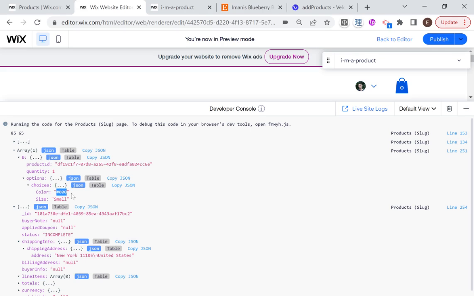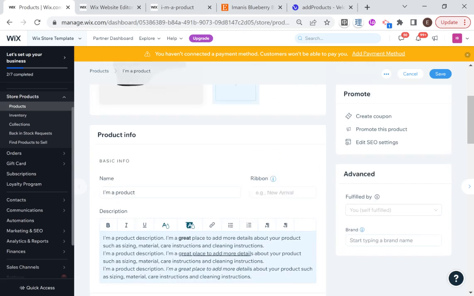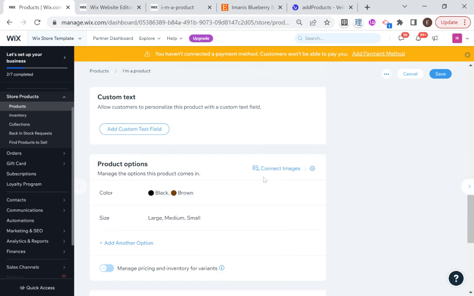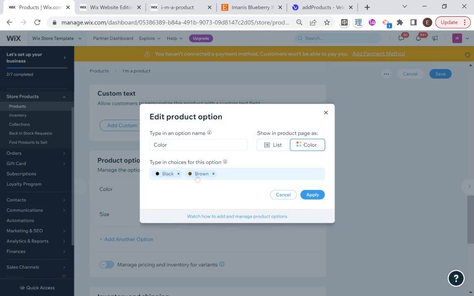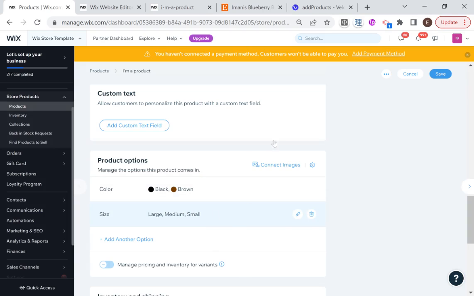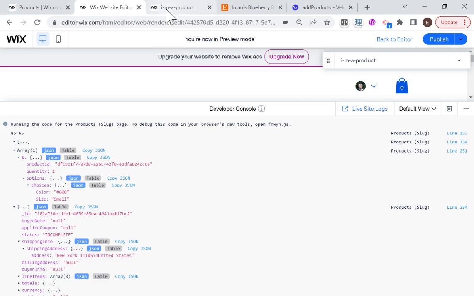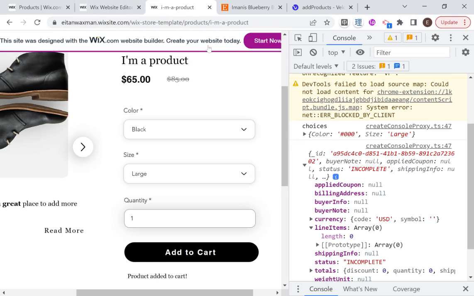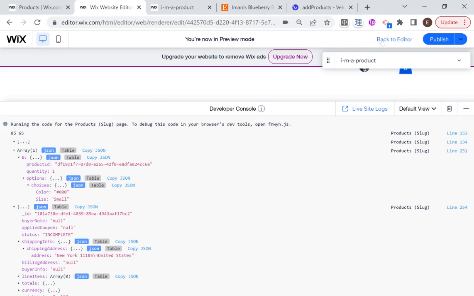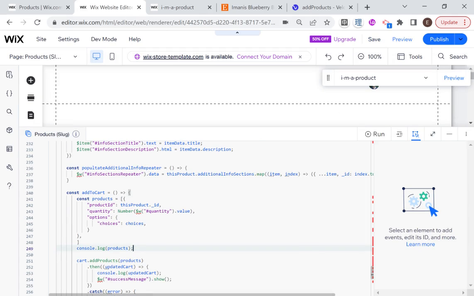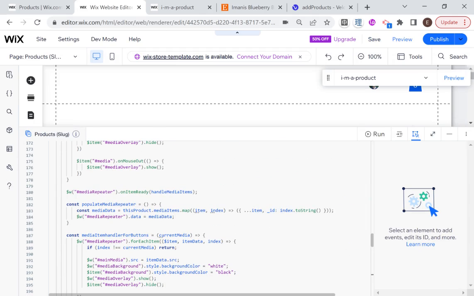Color. I have a feeling that it has to do with the values that are being passed to color and size. I think it's expecting something else. So maybe it's expecting black and brown and not that value. So what I'm going to do is go back over here, back to the editor. And then when we're adding in our choices,